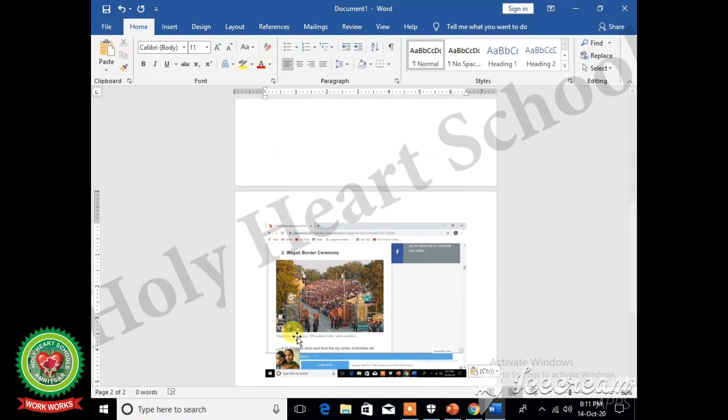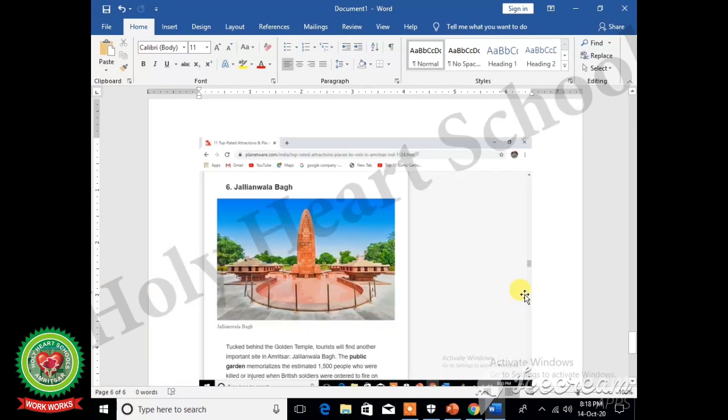The second place is added to our Word document. In this way, we will add the different tourist places of Amritsar in our Word document. So students, I have added 6 tourist places of Amritsar in Word document by pressing print screen key on the web page and then pressing Ctrl V key in my Word document.